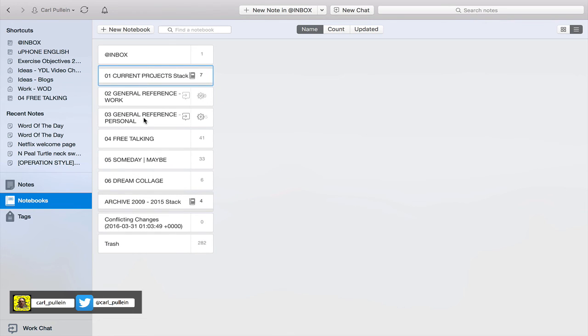Then I have my two main notebooks, which are General Reference Work and General Reference Personal. And I try to keep these as simple as possible. Now, originally I used to keep Free Talking inside General Reference Work, but I use Free Talking project very, very frequently. And so I decided to create a separate notebook for that because I like to keep all my articles in there. Someday Maybe is things that I would like to do in the future, and then Dream Collage,